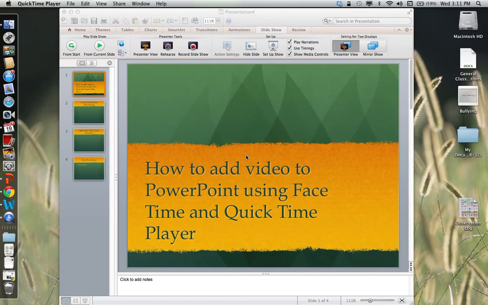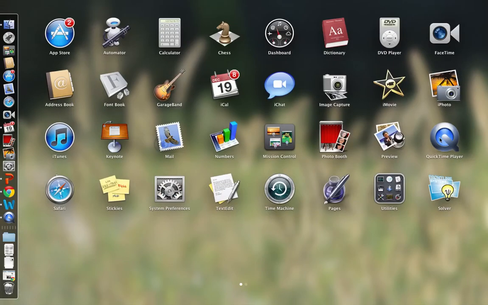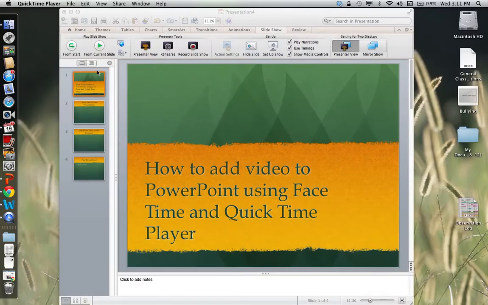For the QuickTime Player, just briefly, is the player that will basically do a screencast of your screen. So QuickTime, the icon looks just like this. If you don't have it here on your dock, you can find it in the Launchpad, QuickTime Player. So if you open that up, you'll have